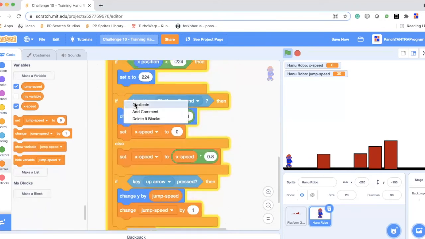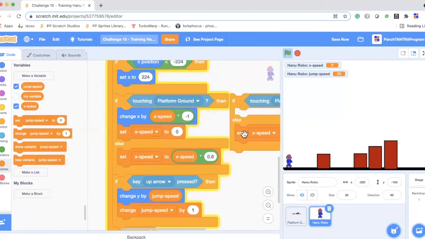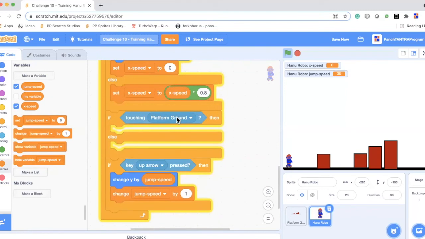So we're going to take this touching code again, but remove all this excess code so that we don't get confused. If it is touching the platform, then we allow it to jump. Otherwise, we bring it down, which means we change the jump speed by -1.